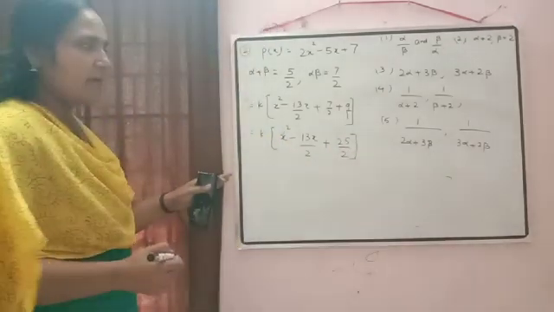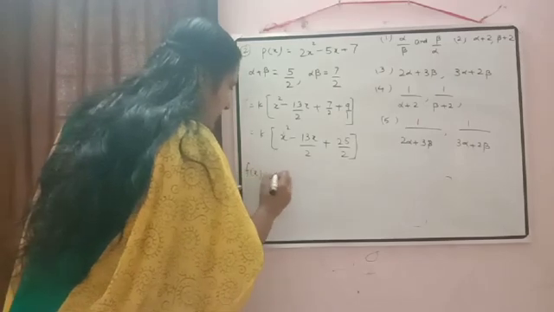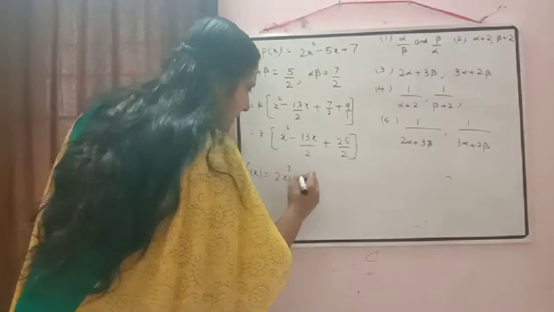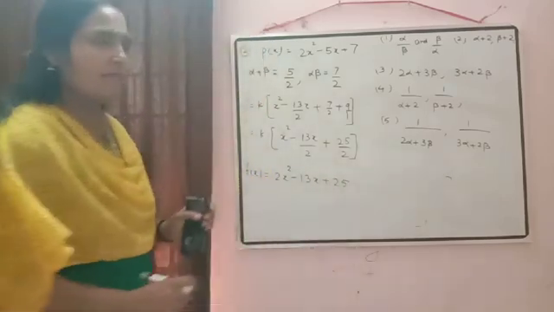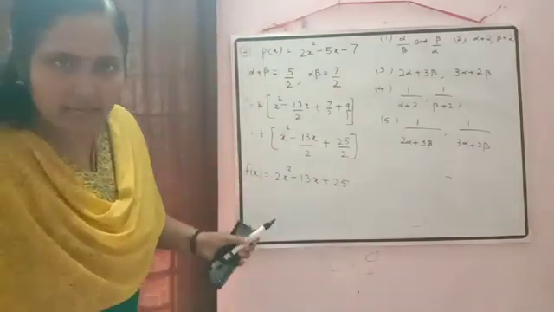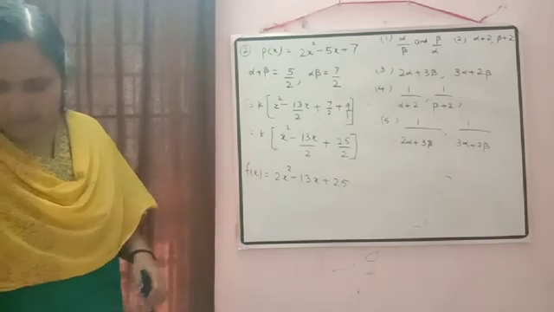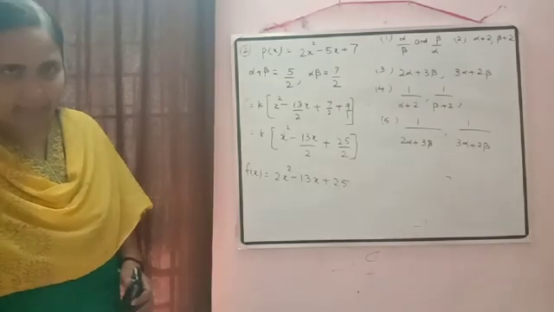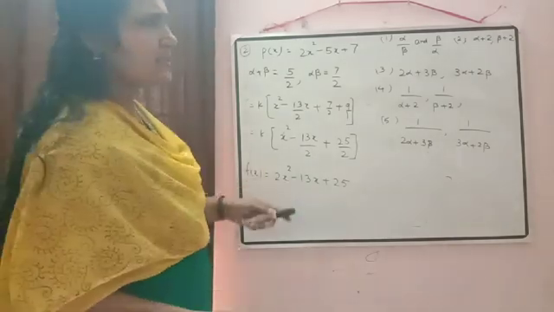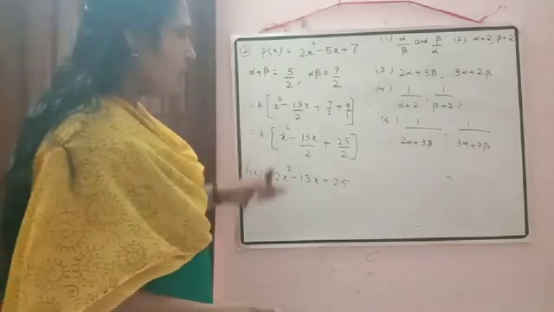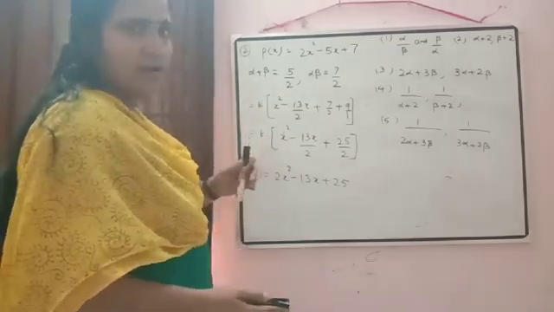Now what can we take? Take k is equal to 2. So our polynomial will be equal to 2x square minus 13x plus 25. So I hope this question is clear. If you are not able to calculate it directly, you can find out the sum and product separately and then you can substitute the value. It will depend on the question. Some questions will be difficult while doing it in this way, so we can solve them separately and then we can do it.